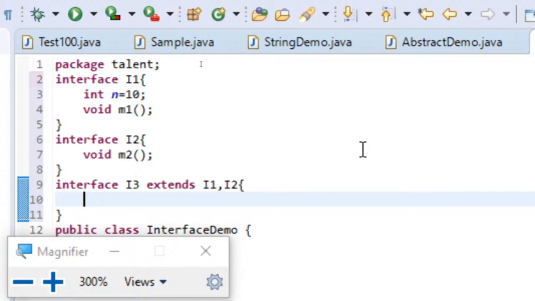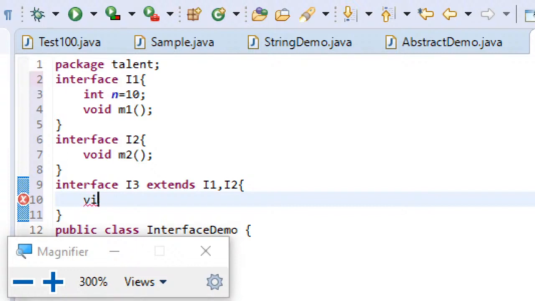Now when you are using the extends keyword along with an interface name, then you can extend only other interfaces. I repeat, you can only extend other interfaces.